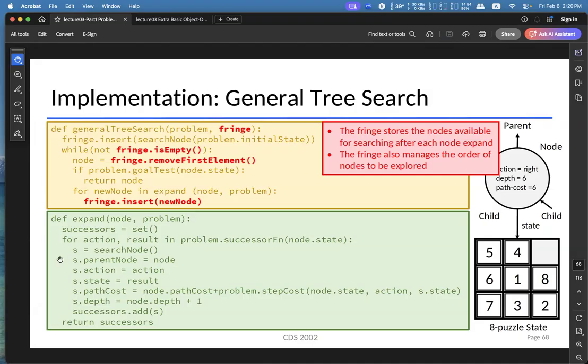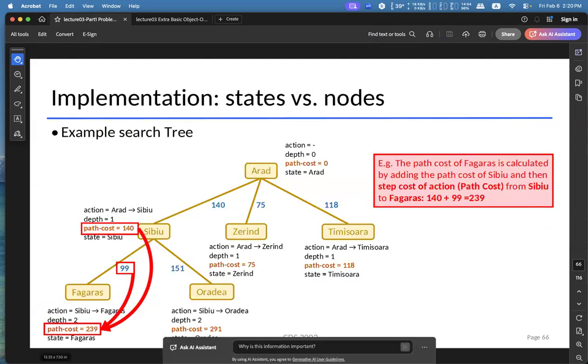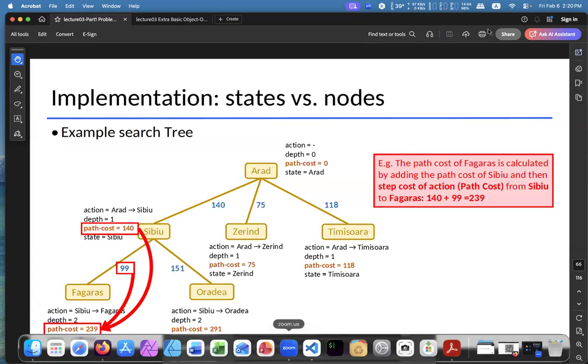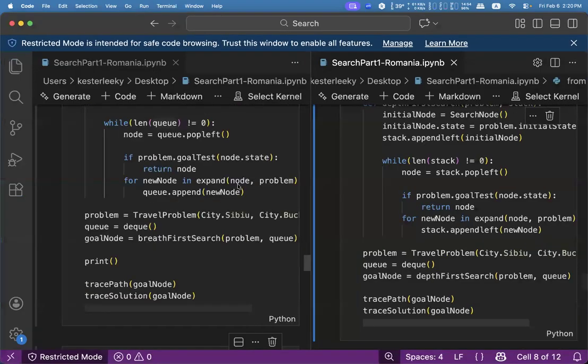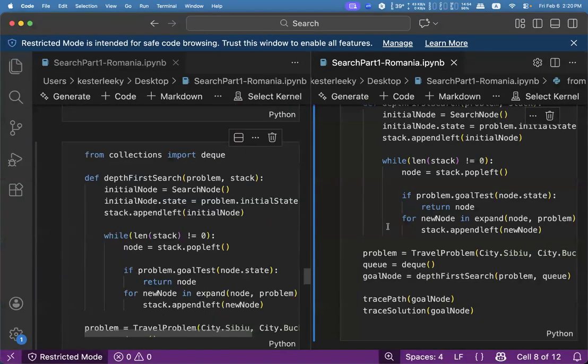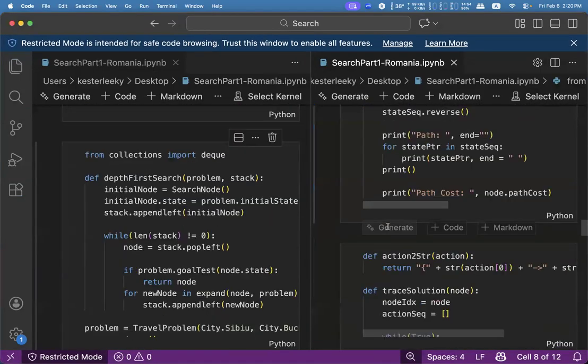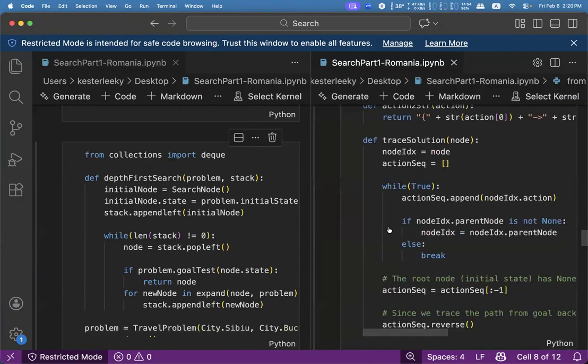That is the reason why, if you take a look at the coding example that I showed you, the depth first search and the breadth first search are the same.